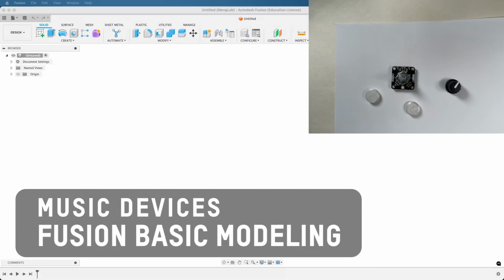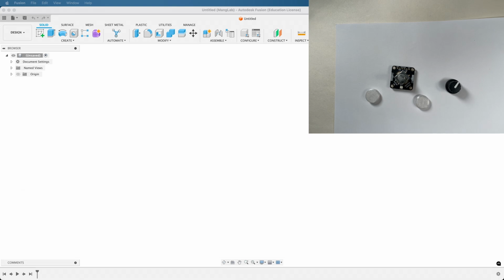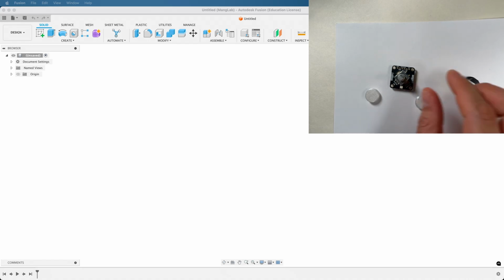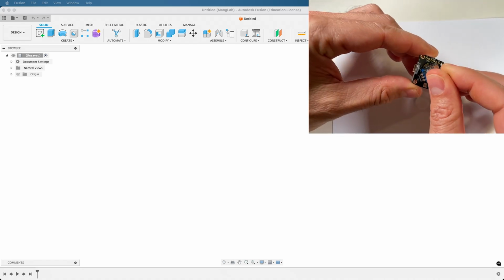This is Mang, and in this tutorial I'm going to show you how you can start using Fusion to make real-world objects that we're going to be able to incorporate into our music devices. Today what we're going to be doing is building a knob to go onto our rotary